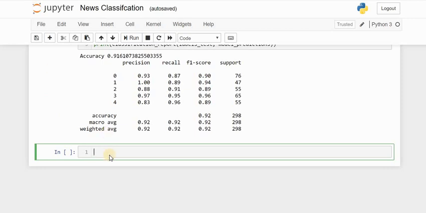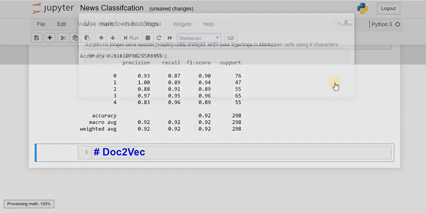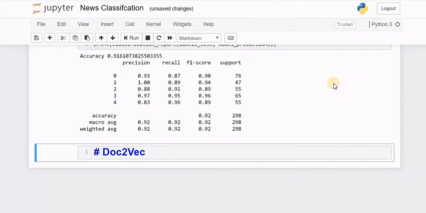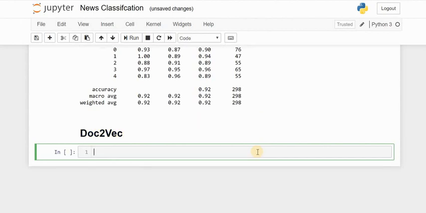So now let me give a quick introduction about doc2vec. You all know that numeric representation of a text document, or of words in a text document, is a challenging task in machine learning, and there are various ways to create numerical features such as TF-IDF, count vectorizer, etc. In the first half of this use case, we used the TF-IDF vectorizer.